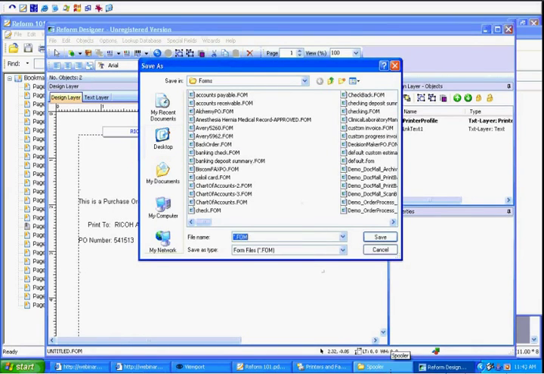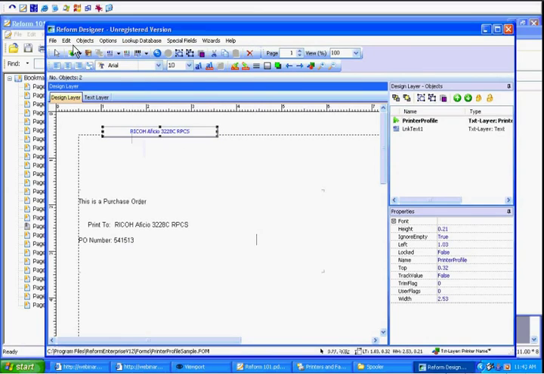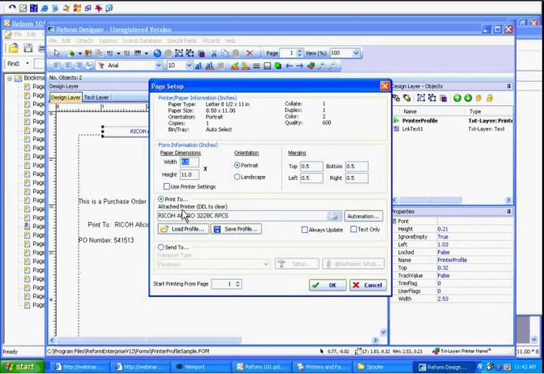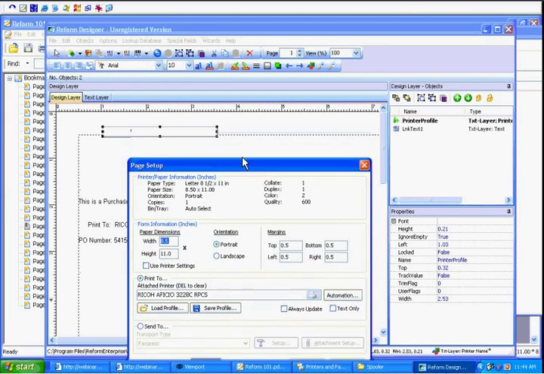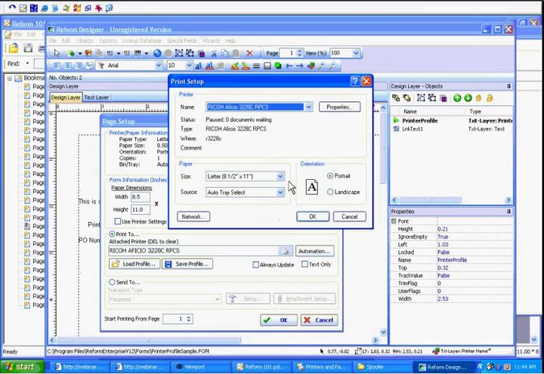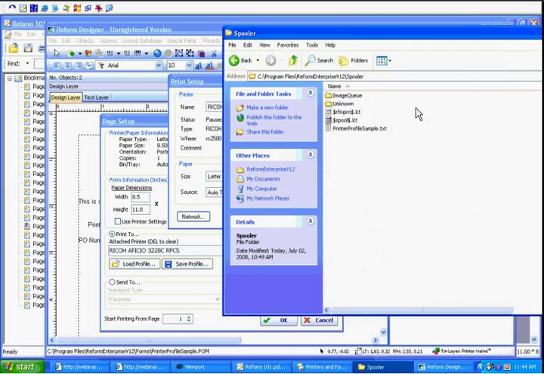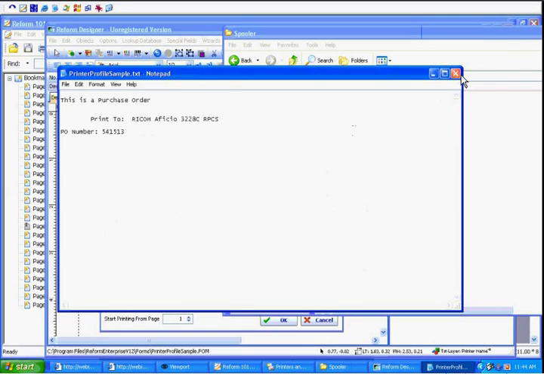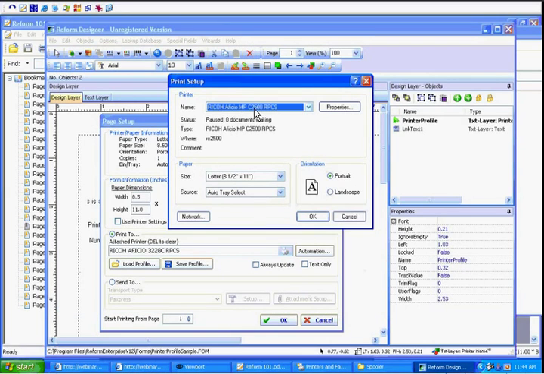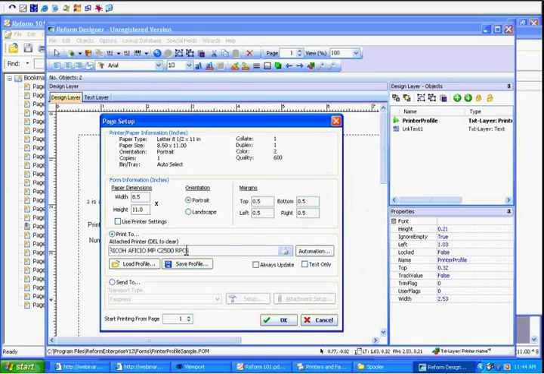Now if I go to File, Page Setup, let's say I make this printer, which one did I use? Okay. So I'm going to select this printer here, the 2500, as the printer to use. And I'm going to say OK. So you'll notice that in my data stream, it's going to tell me not to use the 2500, but to use the 3228. So when I save this,